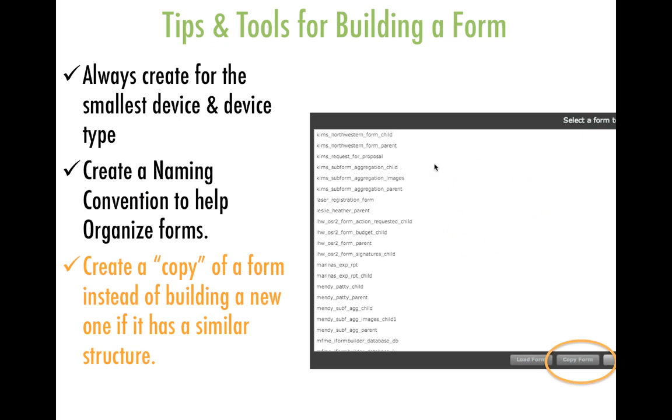The next tip is to create a copy of a form instead of building a new one if it has a similar structure. This is just a time saver. So when you're in the form builder, you'll see the copy form section right there. And if you plan on copying a form, it's just important to keep in mind that once you do copy a form, it will give you a little warning, and from there it'll produce a new